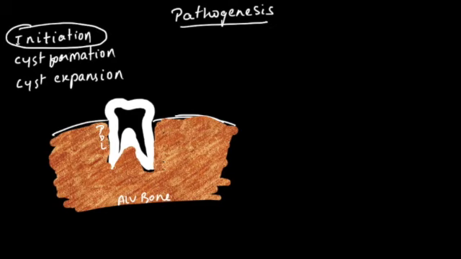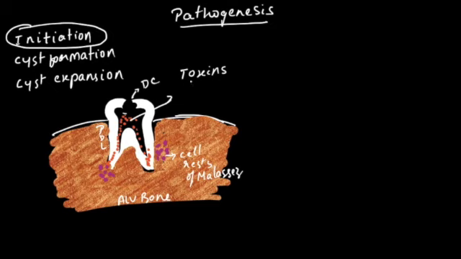In the periodontal ligament, we have a few cell rests of Malassez, which are the rests of Hertwig's epithelial root sheath. So we'll label it as cell rests of Malassez. Now we'll affect this tooth with dental caries. So this is dental caries. When there is a dental carious lesion, the bacteria release toxins, and these toxins spread to the pulp region and to the periapical region. When these toxins reach the periapical region, they produce inflammation.